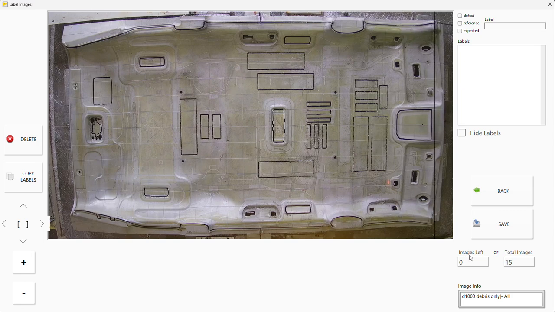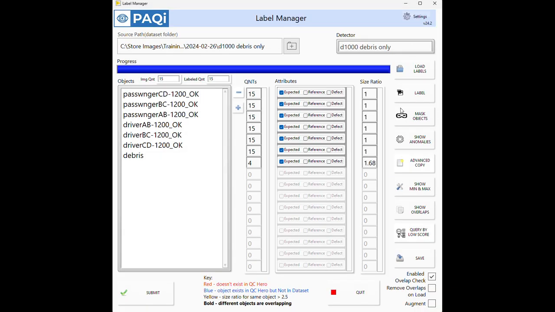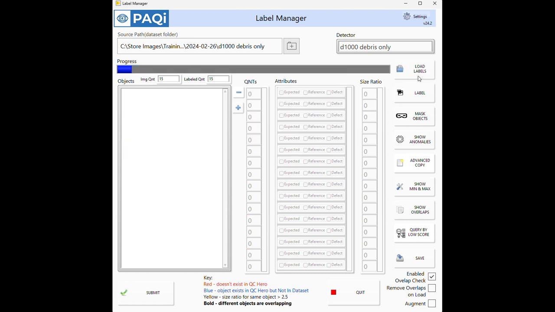Okay, so we're at the end. So when I arrow at this point, it should close the program, specifying error at the end, and then we can go ahead and load labels. We shouldn't have any more of those boxes. We should have debris only for 9 of the images. So again, now if I submit,